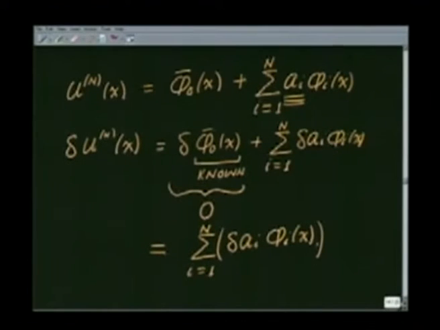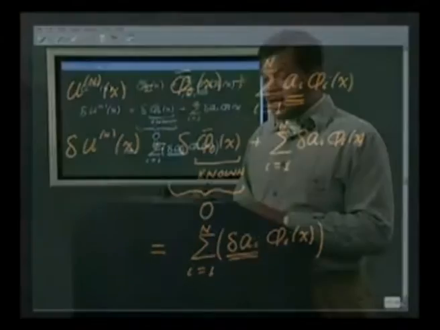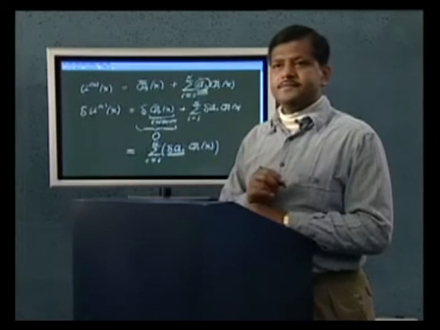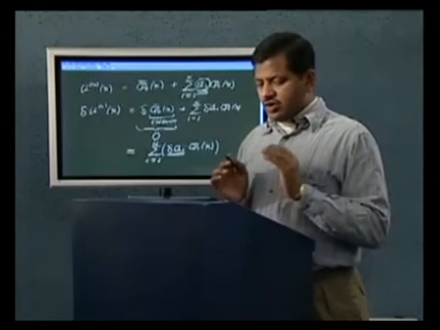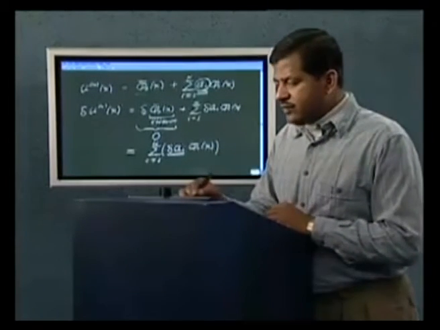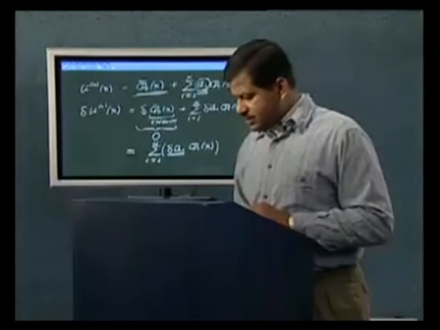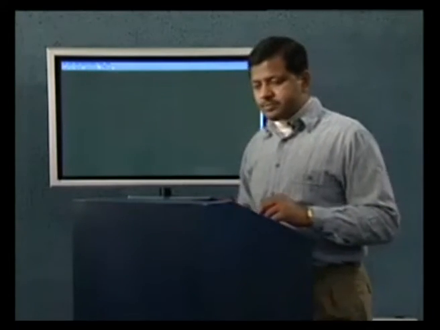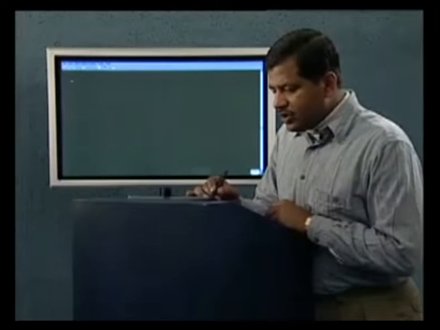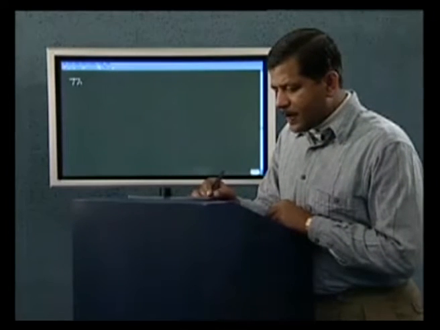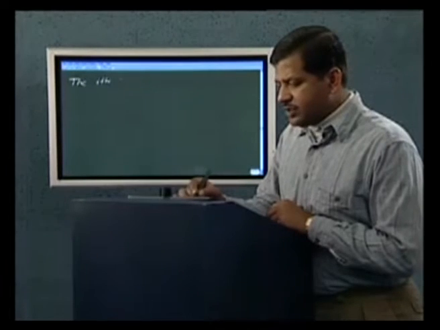By putting it back in the principle of virtual work, or the variational formulation that we have made, and by choosing particular values for these delta ai's, we will get n equations in terms of the n unknown coefficients ai, exactly the way we have done earlier. The only difference will be that your un will carry this expression. So let me write it down to make things clear. The ith equation